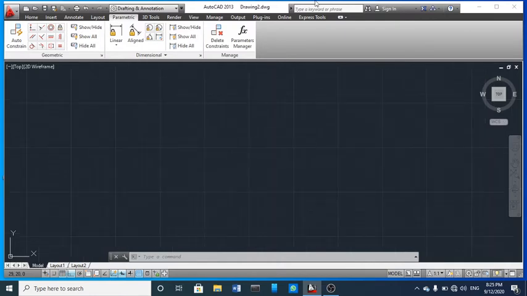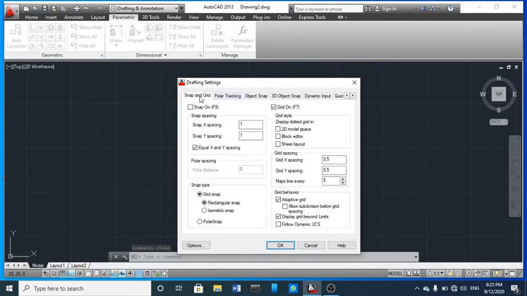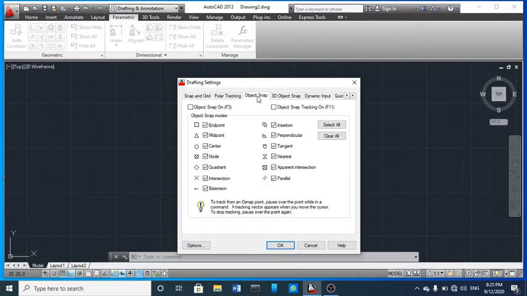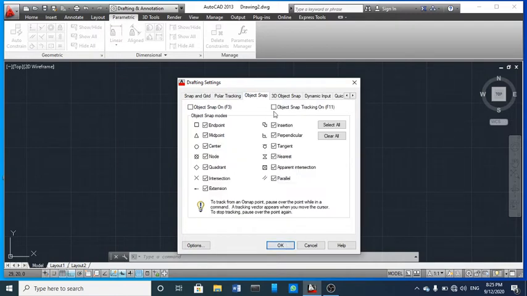Again, let's come to the snapping command. Here you can see this is how we can use the F9 and F7 commands, and we can change them as per our drawing requirement. So now come to the object snap command. Here I'm going to turn off the grid also. We don't need it for our purpose. So let's come to the object snap command.